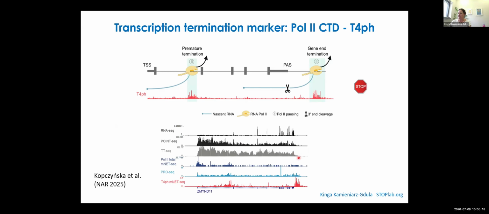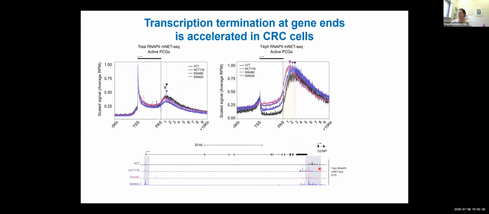If you compare to other nascent transcriptomic methods, there is some advantage when looking at gene ends, because it's easier to quantify an increase in signal than to find where exactly a decrease occurs. But it's particularly helpful also for premature termination happening in the gene bodies. So we used mNET-seq both with total polymerase and with this termination-specific mark, and we could see in both cases, but with better resolution with the latter,